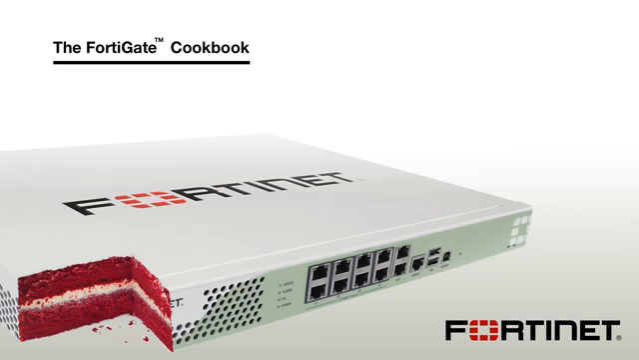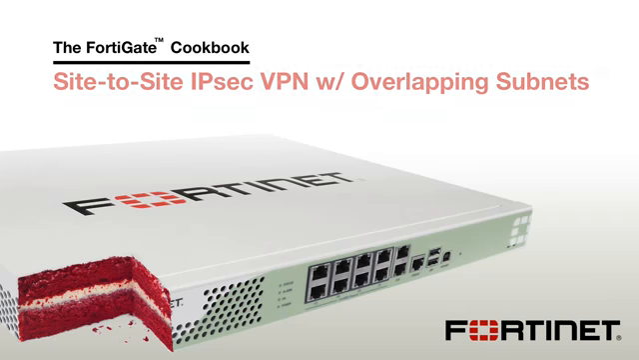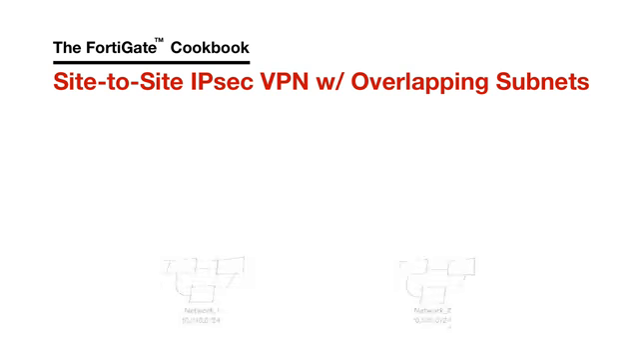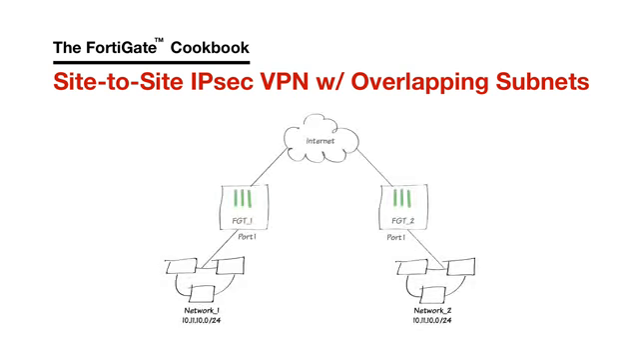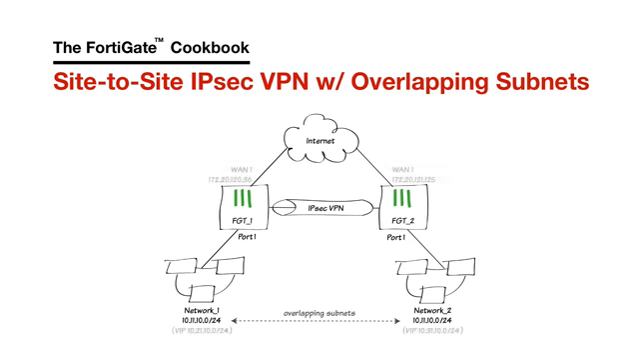In this video, you will learn how to construct a site-to-site IPsec VPN connection between two networks with overlapping subnets. Without the proper configuration, connecting two networks with overlapping subnets can lead to IP conflicts and traffic errors. With the proper configuration, the FortiGate will direct traffic to the correct address on the correct network, using virtual IP